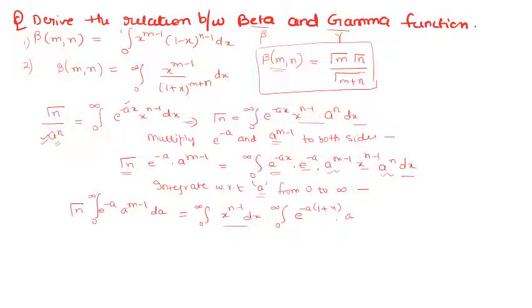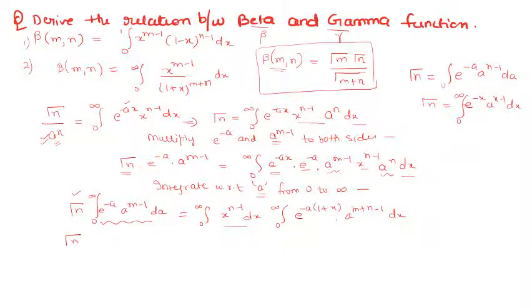A raised to power, base same power add in multiplication. So m plus n minus 1, correct? Now you have got this bit. So if you see, you know the formula. Here you have got gamma n, but this bit is the formula for what? We have studied in last class that gamma n is basically e raised to power minus a, a raised to power n minus 1 dA, or we can say e raised to power minus x, x raised to power n minus 1 dx,